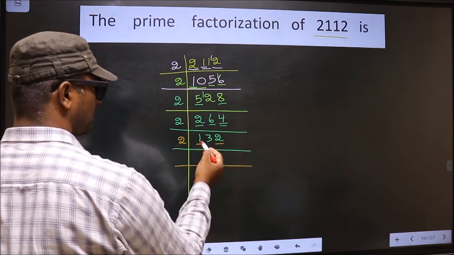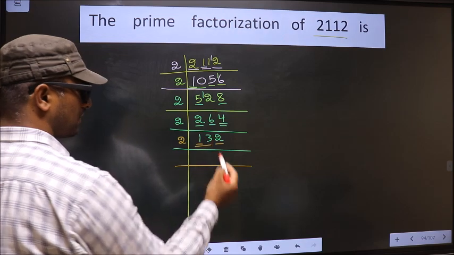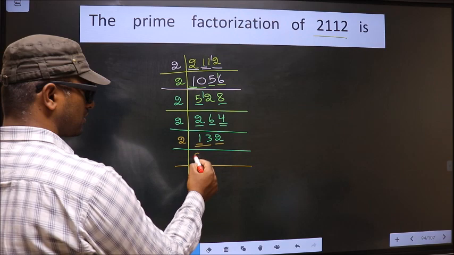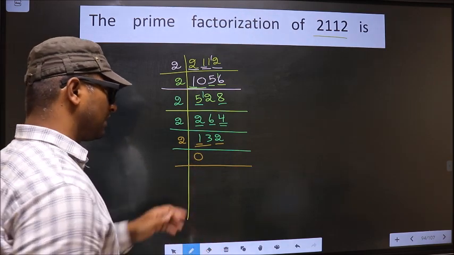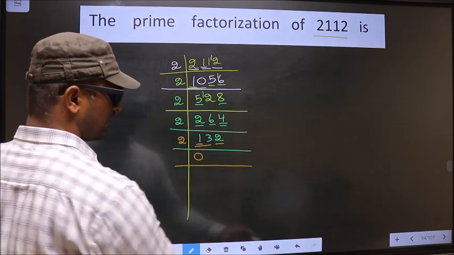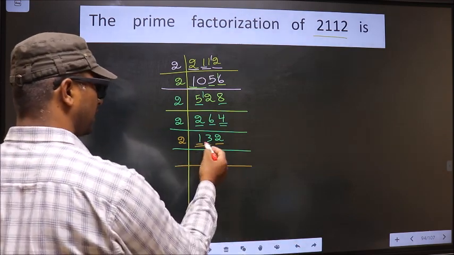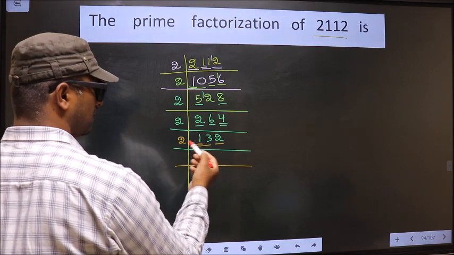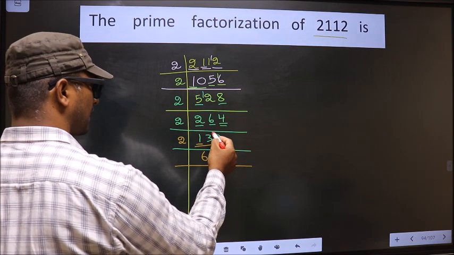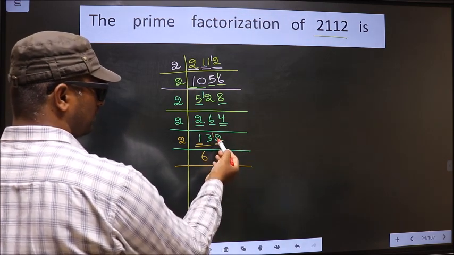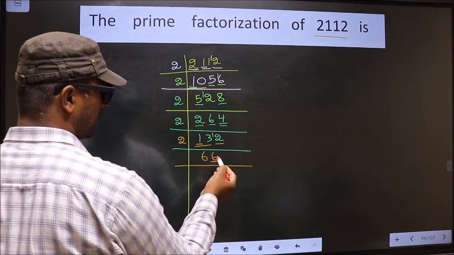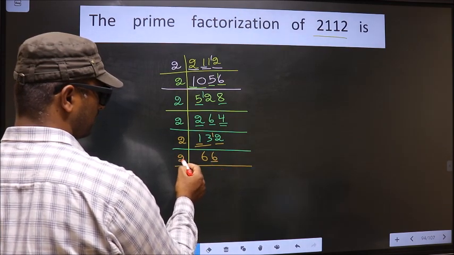The first number is 1 smaller than 2, so we should take 2 numbers, that is 13. Whenever we take 2 numbers, compulsory we should put 0. But 0 at the starting does not count, so no need to write 0 at the starting. So here we have 13. A number close to 13 in 2 table is 2 6 12. 13 minus 12, 1 carried forward, making it 12. When do we get 12 in 2 table? 2 6 12. Now for this number, last digit 6 even, so we take 2 here.